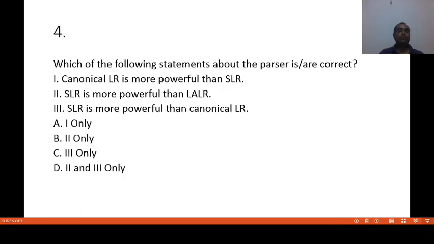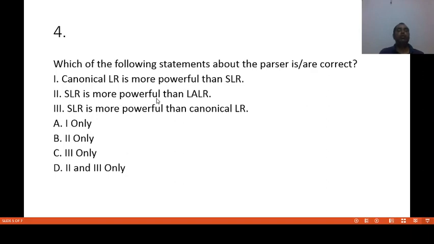Question number 4. Which of the following statements about the parser is/are correct? We know that CLR, or you can say canonical LR, is the most powerful parser. Canonical LR is more powerful than SLR. It is correct.